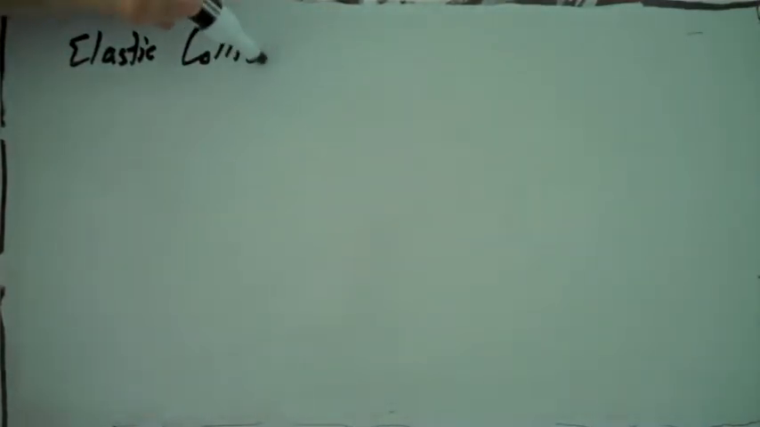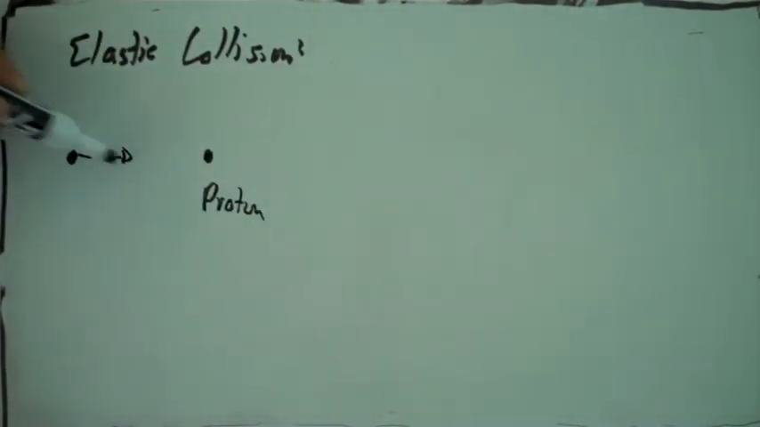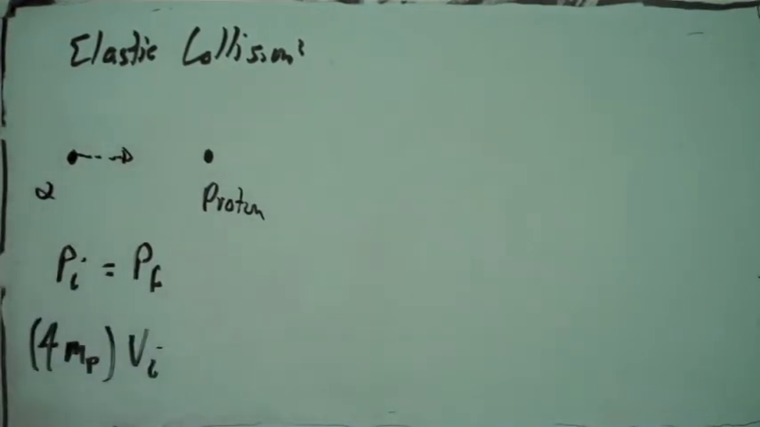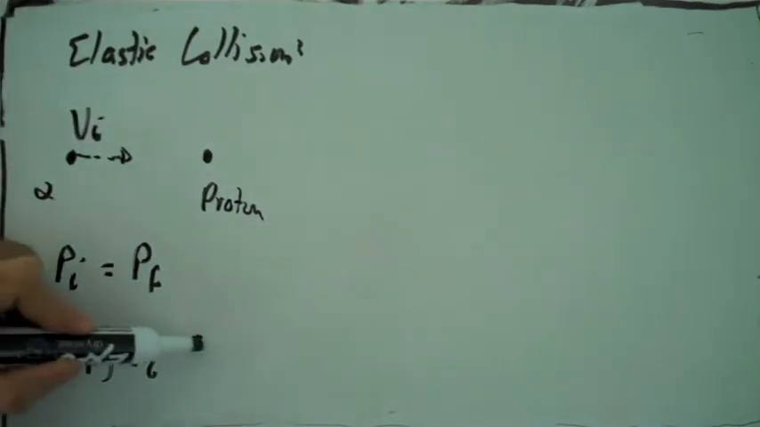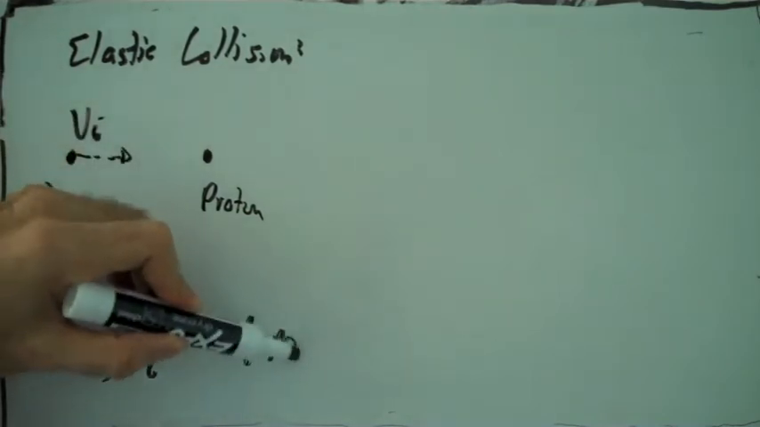So in this problem we have an elastic collision between an alpha particle and a proton. First, here's a proton just sitting there, and the alpha particle comes in and collides with the proton. And we have conservation of momentum, so the initial momentum, which is just the mass of the alpha particle times the initial velocity of the alpha particle, equals the final momentum, which is just the momentum of the alpha particle